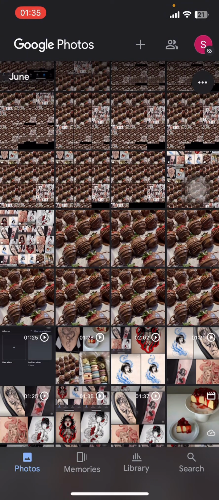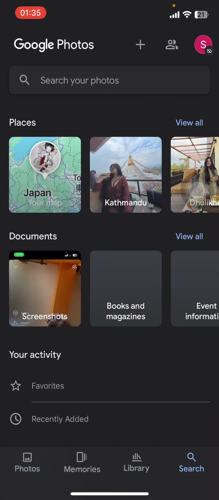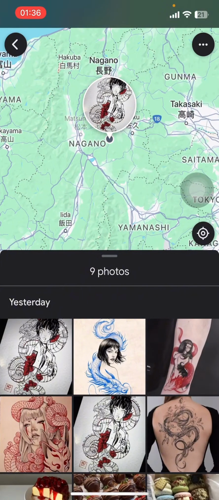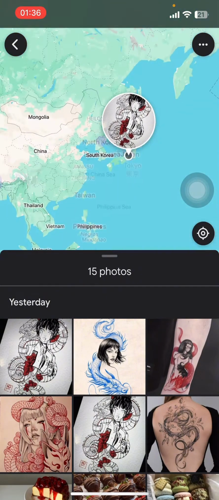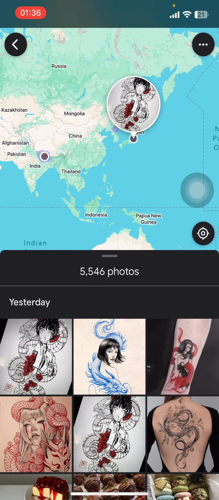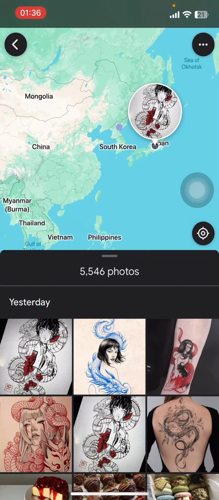Now on the screen, you're going to find the search option at the bottom right corner. Tap on it. There you're going to see the places option. You're only going to find that places option if you've backed up photos. Now all you have to do is tap on that map-like option, which is the first option on the places. There you can see all you have to do is zoom out and zoom in on wherever location